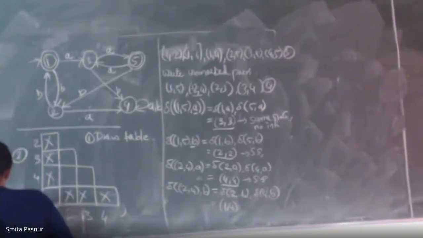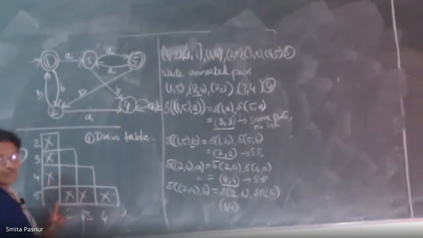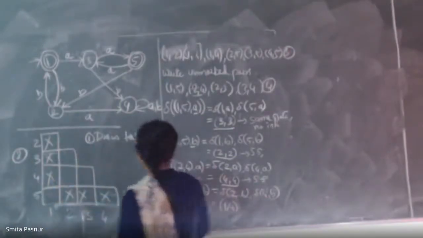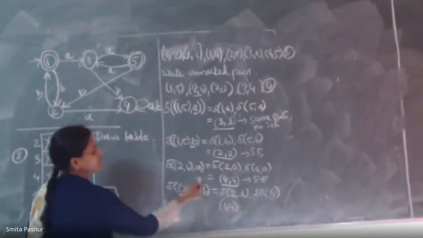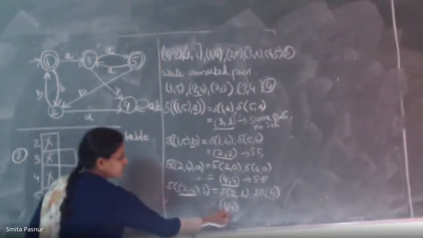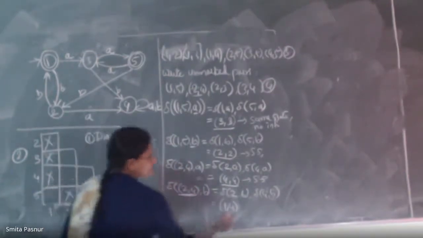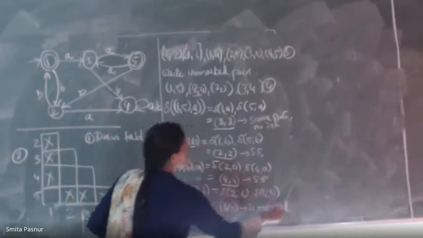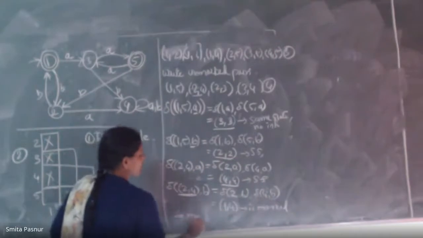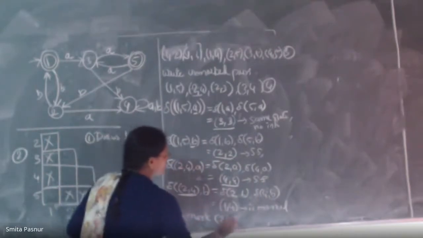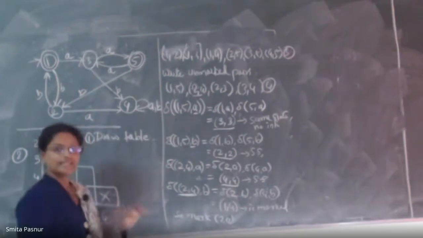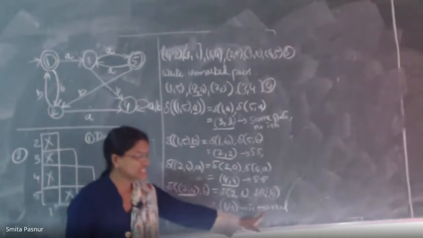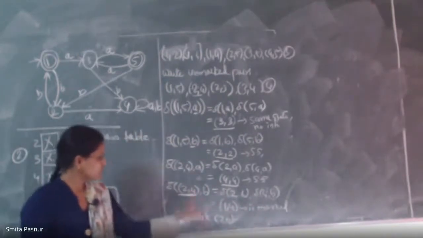So as you can see, 1 comma 4 is marked in the matrix here. Got it? And that is why you should mark 2 comma 4, because this 1 comma 4 is the output of 2 comma 4. Correct? So 1 comma 4 is marked, so mark 2 comma 4. Like this you should write a comment. That is needed. Understood? These comments are needed. So see, 1 comma 4 is marked, I have written. So mark what? 2 comma 4.